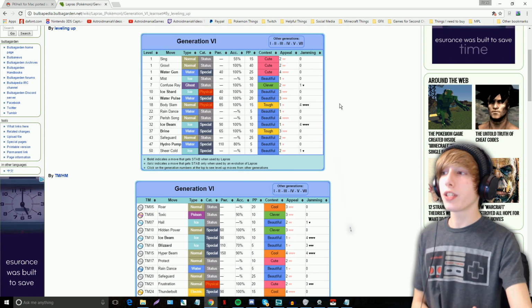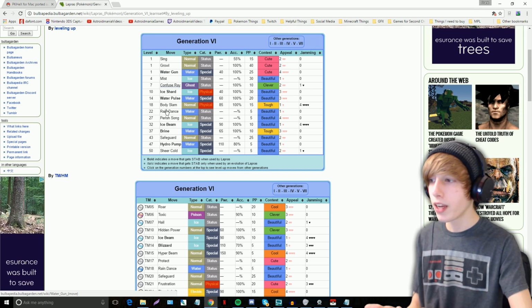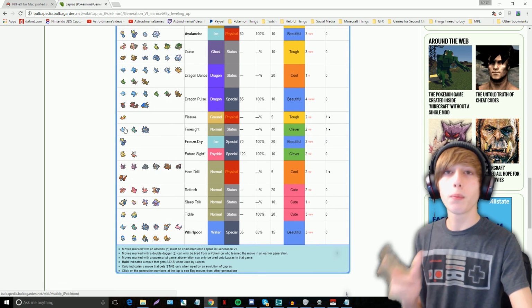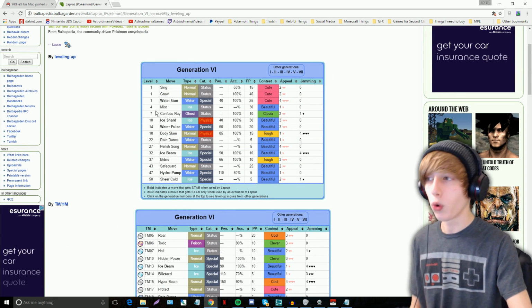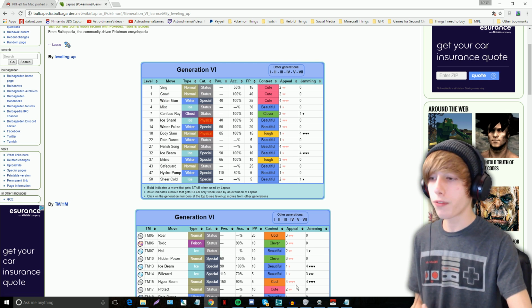So once you go to the Generation 6 moveset, you can see the level 1 moves right here. We have Sing, Growl, and Water Gun. And then down here, we have the egg moves. So in terms of your moveset, you can only choose moves that are right here or up here, listed by level 1. So our options are pretty limited, as you can see,